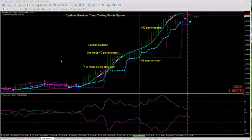Traders, this is Cynthia. I'd like to show you a really nice long trade in the pound franc this morning in the 15-minute chart, and I want to show you what happened in the London session and then when the New York session opened. If you're a trader who trades the London session, you would have had your first entry